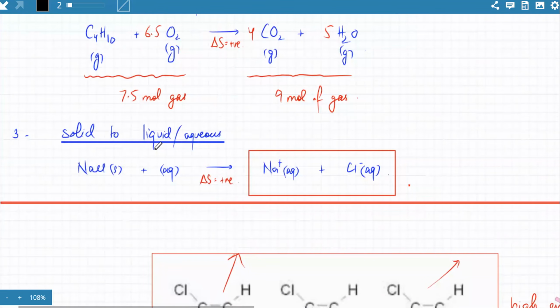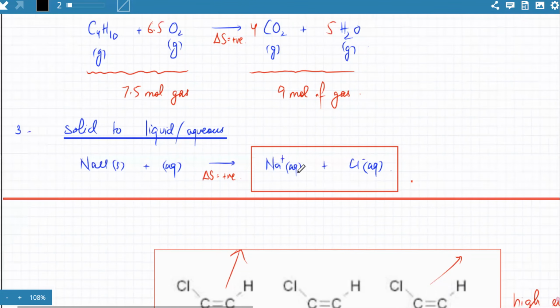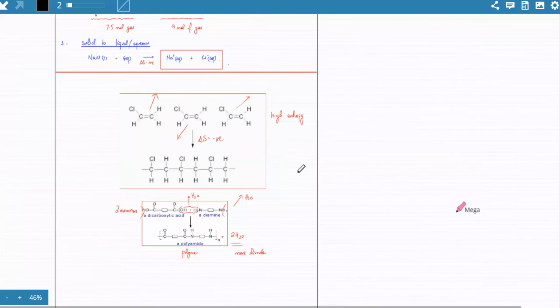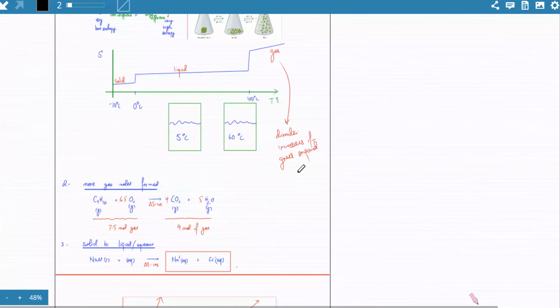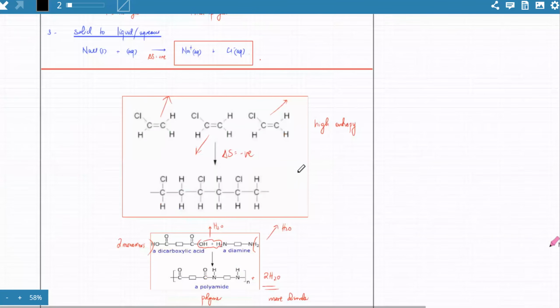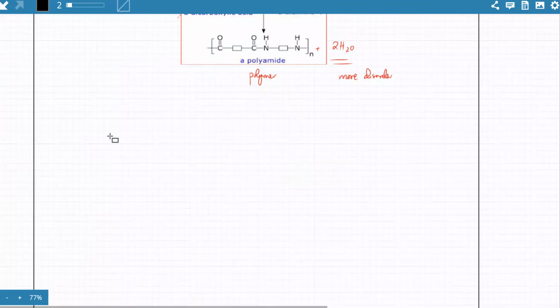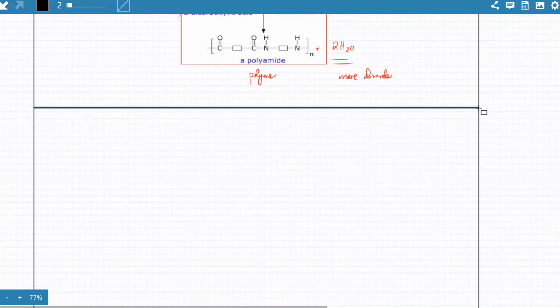And then there are other things. If you're trying to dissolve a solid, then it changes into aqueous. So that's again an increase in disorder. Okay, so we did some questions about this. So you should be able to figure out. We did questions and it was very simple. We'll do those questions again. So we're going to move towards